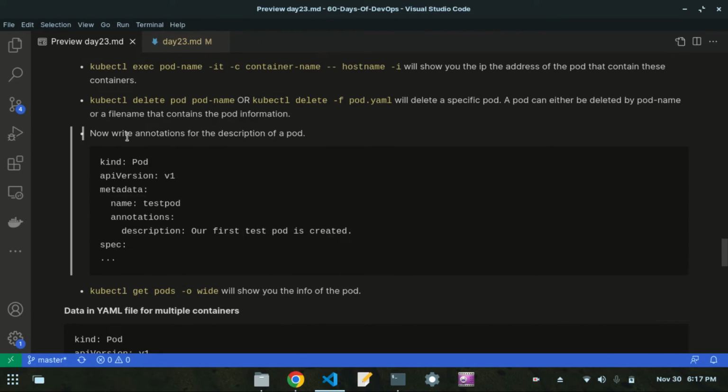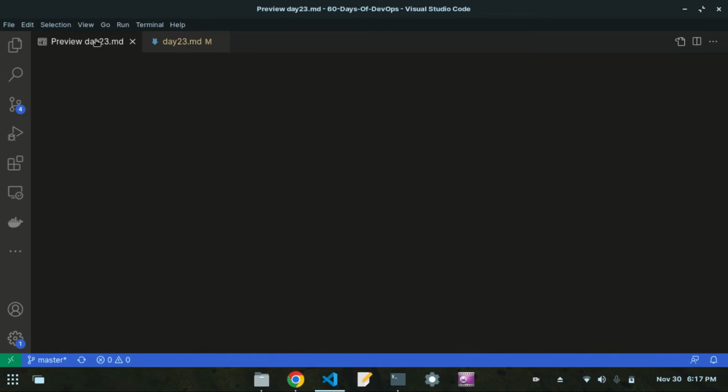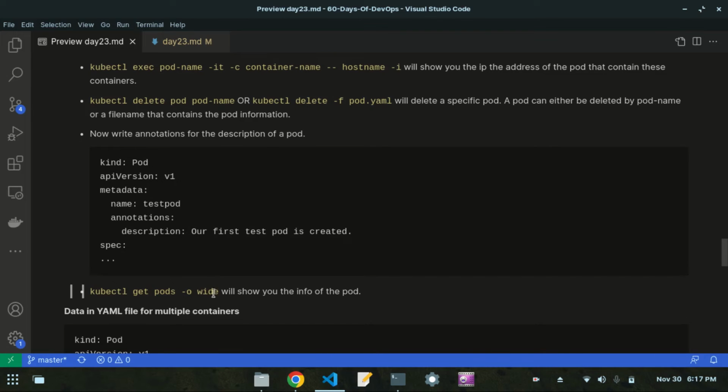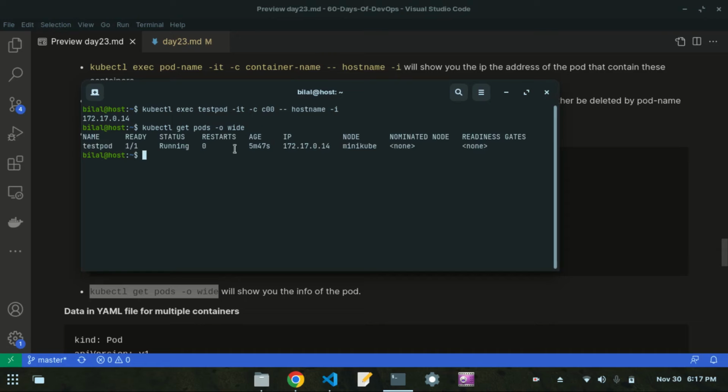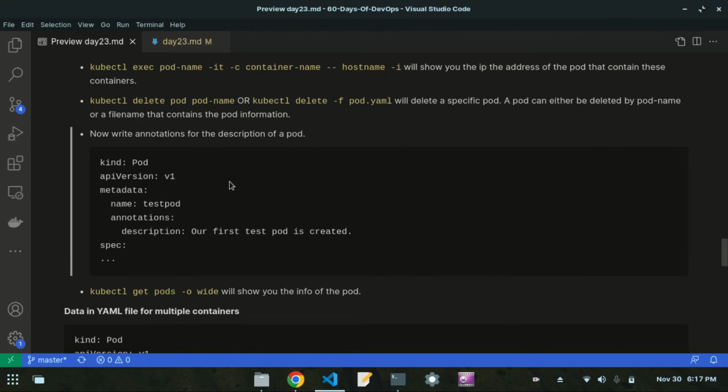Alright. So now write the annotations for the description of the port. Currently I have not given the description. So if I copy this command and paste it here, you will see that there will be no annotations present here. If I click on this, there is no annotation that is present here. So I will give the annotations here also. So let's give this,